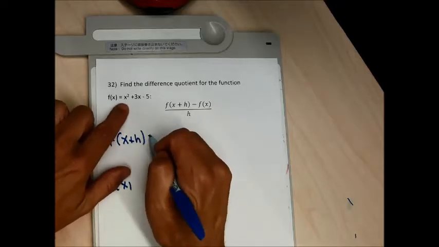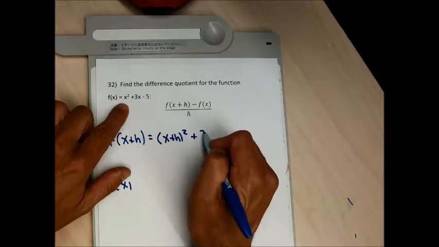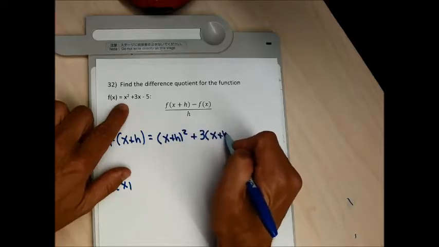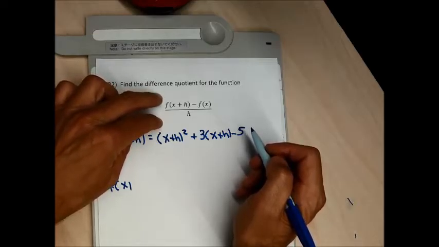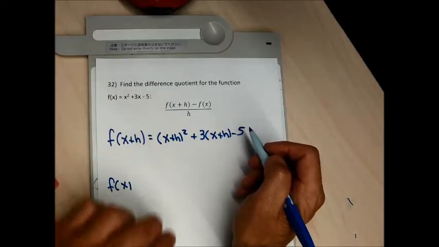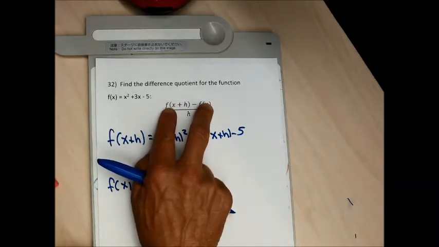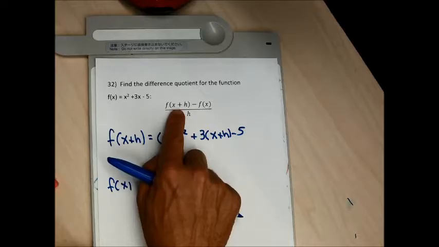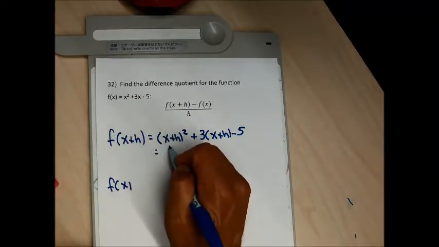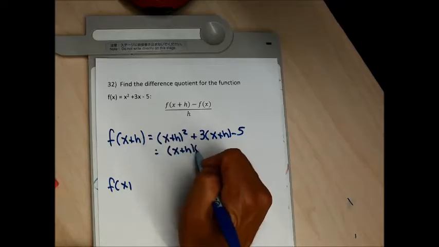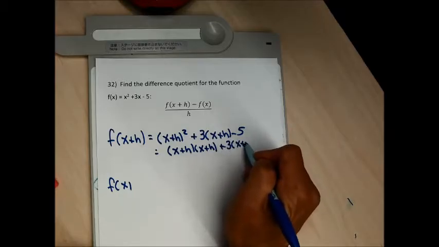F of x plus h is going to be (x plus h) squared plus 3 times (x plus h) minus 5. So the difference quotient is this formula, f of x plus h minus f of x over h. To find the difference quotient, you have to get out of function notation into non-function notation. To figure out what f of x plus h is in non-function notation, you change both those x's to x plus h. This is going to be (x plus h) times (x plus h) plus 3 times (x plus h)